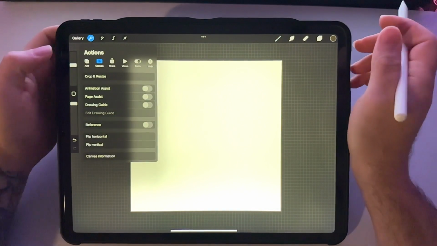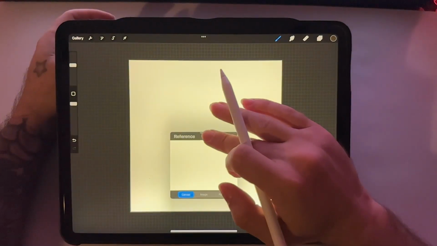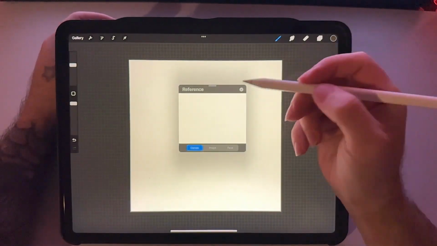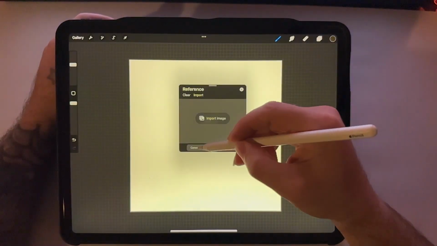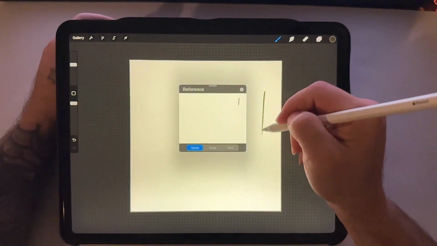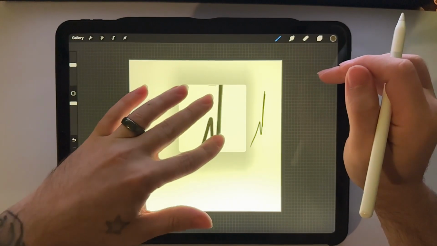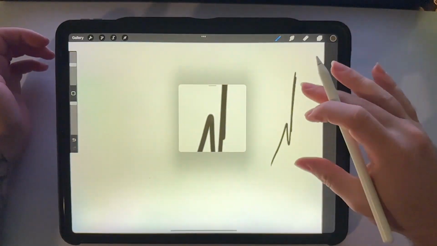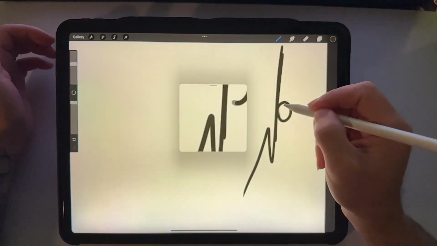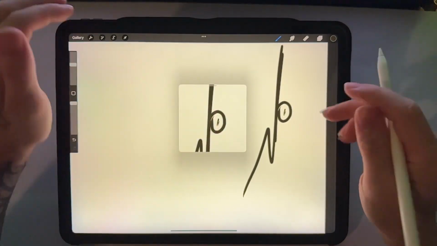All right, so let's go back to the wrench. Reference. That's a pretty good option. All right, so you click the reference on, and this will just make a copy of the canvas that you've got right here. So like, see, and then you can zoom in anywhere. So I can be drawing right here, and I can say, wait, what's that over there, right? Or